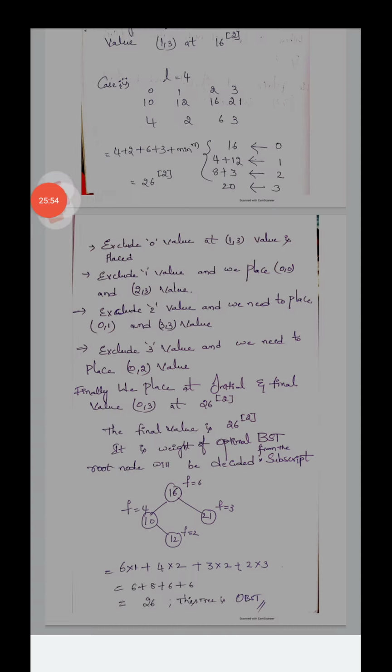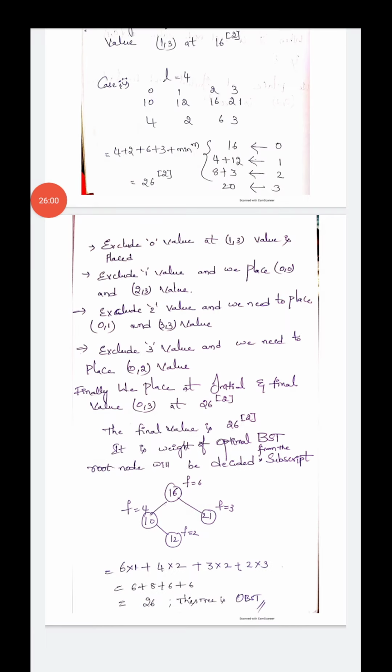What is the question? It is the weight of the optimal binary search tree. The root node will be decided from the subscript. Listen carefully.